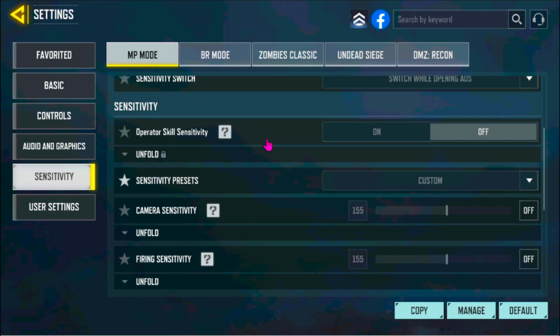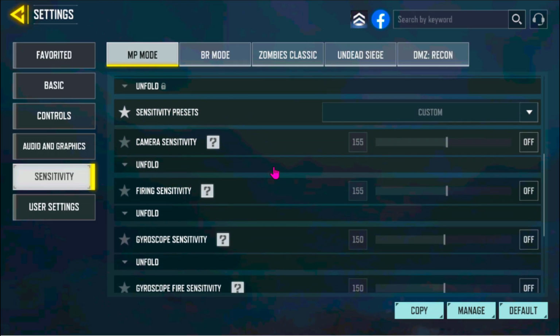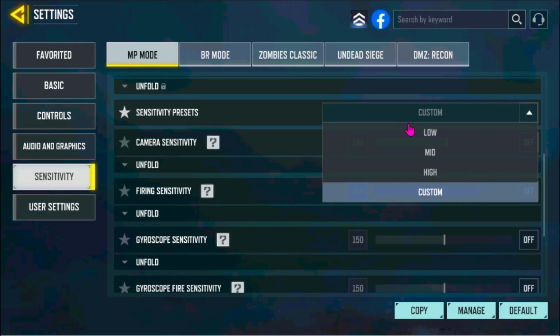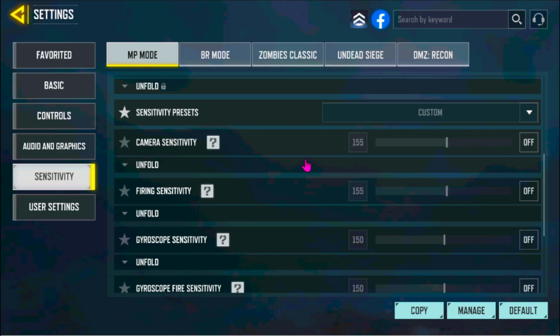And after that you have to go down. You have to see your camera sensitivity. By default it would be like low, mid or high sensitivity like this. And then you have to go to your training mode. And after going to the training mode, you have to open the sensitivity through the settings, and then you have